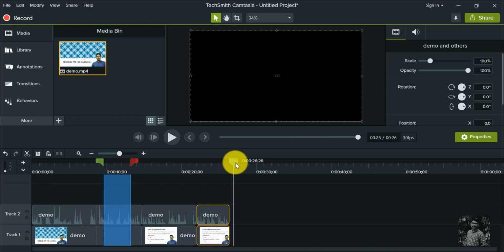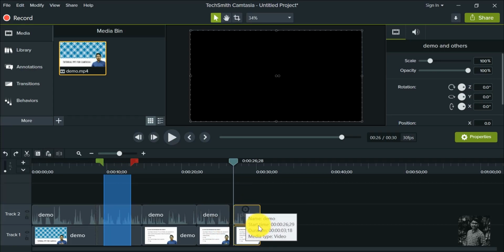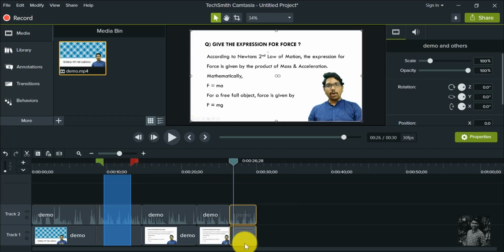Let's assume I need to paste somewhere here. Click on paste. Automatically the entities get pasted. So here, to fill the gap again, choose the entities and slide them in order to fill the gap. Okay. This is how you need to use the cut, copy and paste options to do the editing part.